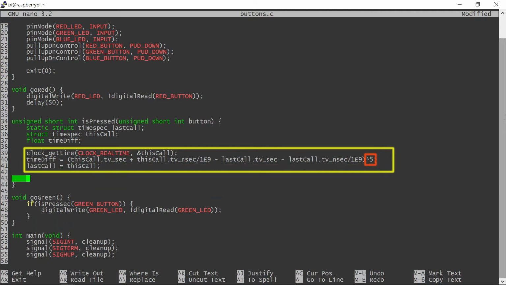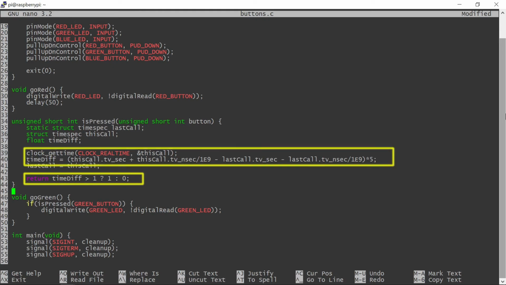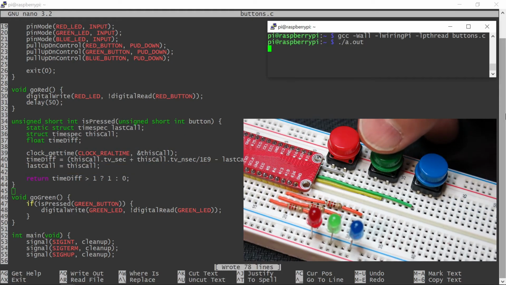The value of 5 I use here was determined experimentally with my buttons, and it gives me a good balance between button sensitivity and missed bounces. You may need to adjust this value slightly up or down in your case. A higher value will make the debouncing process less reliable, but it will make the buttons more responsive. This debouncing function will return true only if the button presses are far enough apart based on above time calculations. You can see now that the button presses are more reliable, and in most cases they get registered correctly.